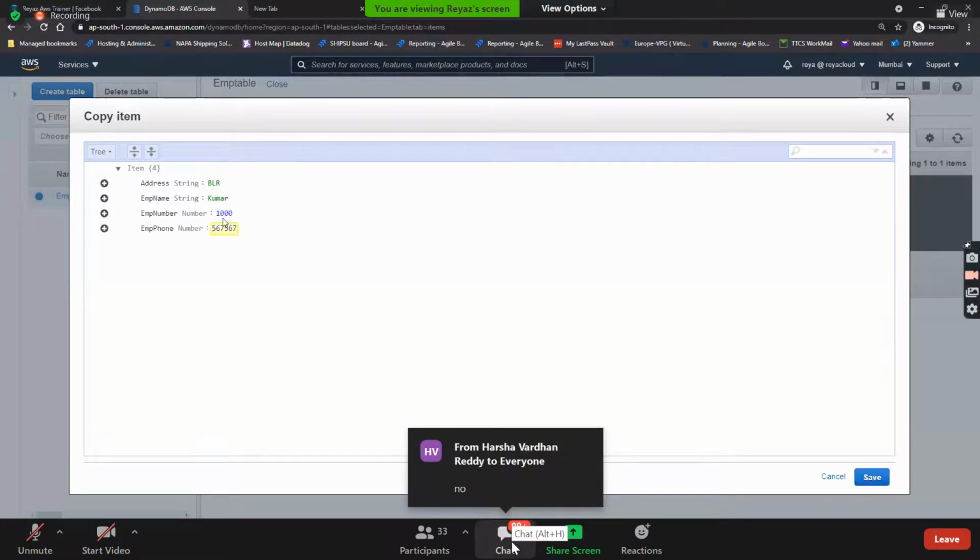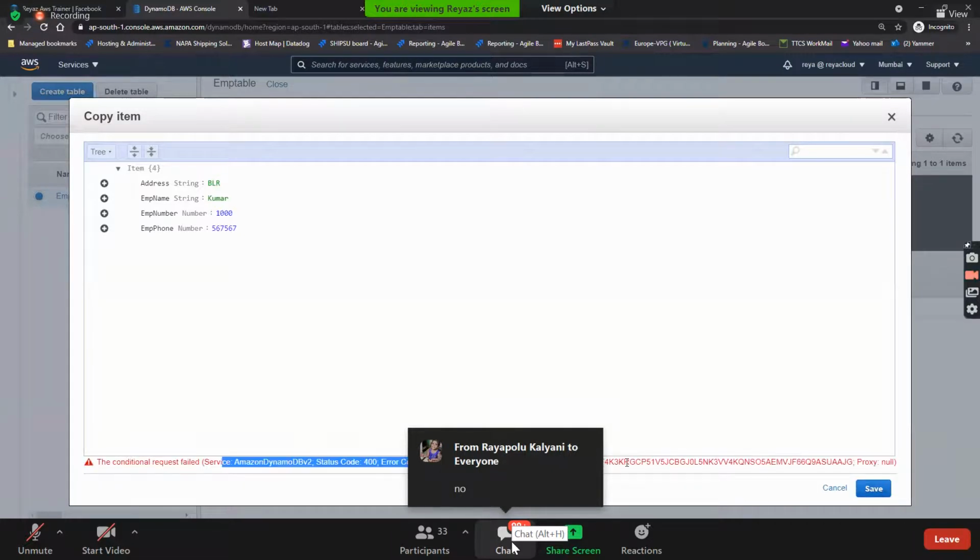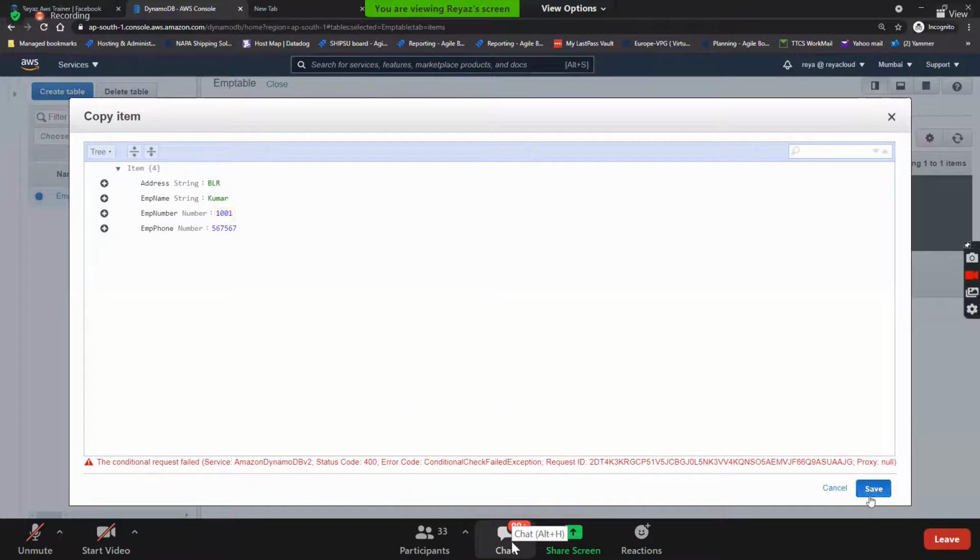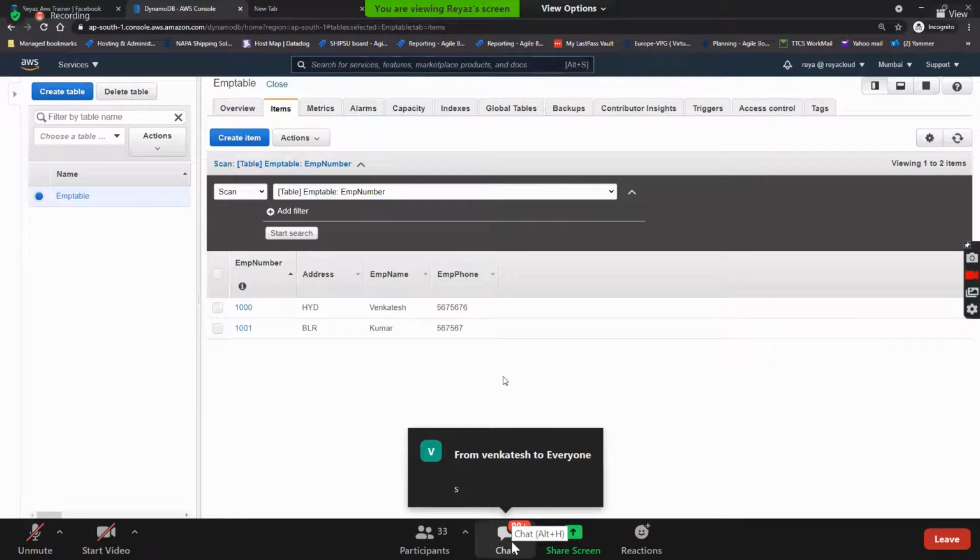No, because the employee number is 1000. If you click on save, it gives an error that you cannot do that because the employee number is the primary key. So if I put 1001, then definitely I can save it.